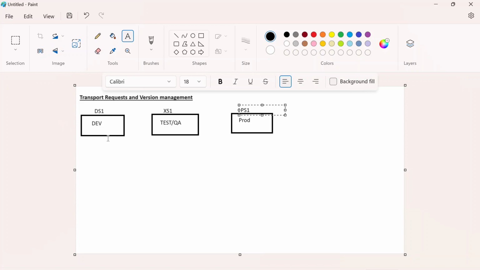Okay. So where do we do as a web developer? Where you are going to do your application development, in which environment? Development, test, or production. So you do your application development in development environment. Only in the development environment. You're not going to do any changes, or you are not going to create anything in test system or in production system. You're going to do all your developments, including tables, programs, function modules, whatever the application it is. You're going to do all those development in the development environment, development system,